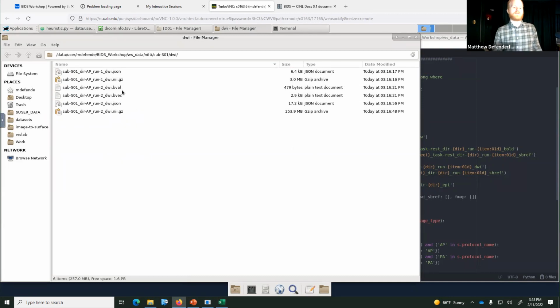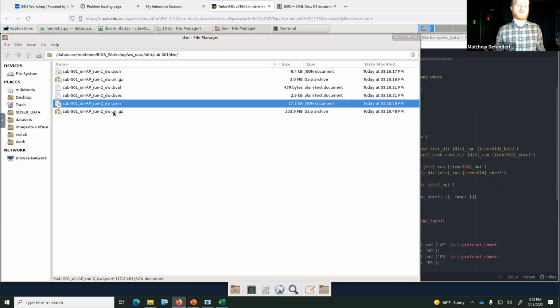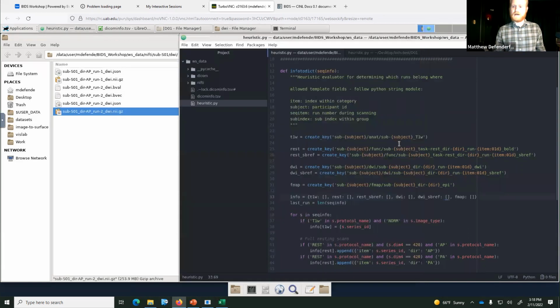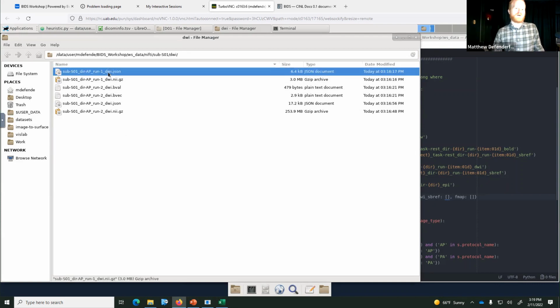While I was talking about that, our DWI images got converted. Yeah, something's... You can see we've screwed this up. We've screwed the pooch on this one. So the reason that I say that, in the DWI, we only had one diffusion run, right? And then we had the SVRef run. So what's happened is that this run 1 up here is actually the SVRef, the single band reference volume for the